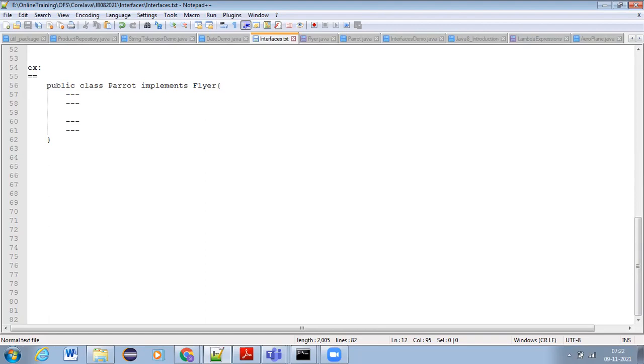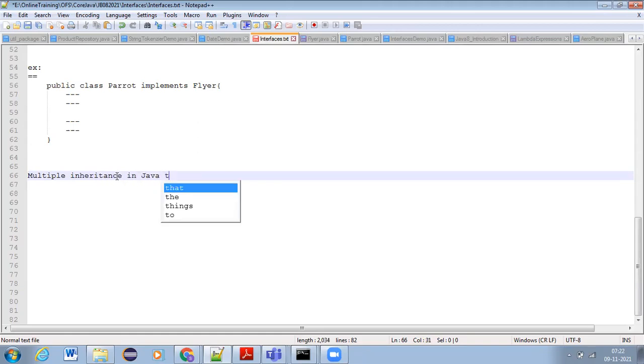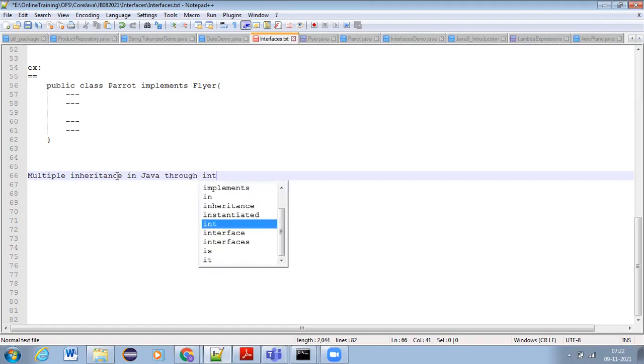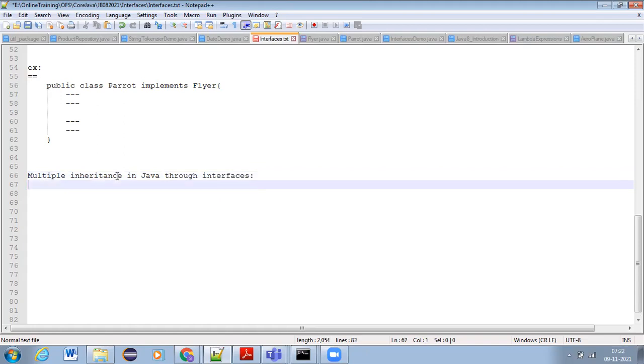But with interfaces we can achieve multiple inheritance in Java. So here, what we can say: through interfaces we can achieve multiple inheritance in Java.